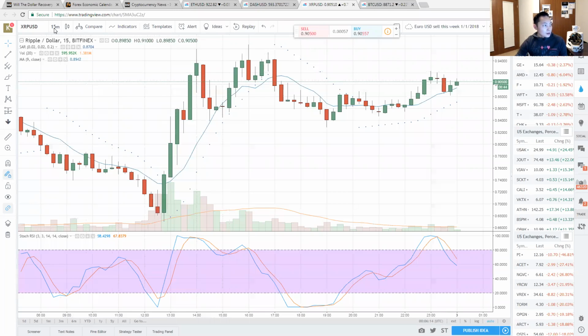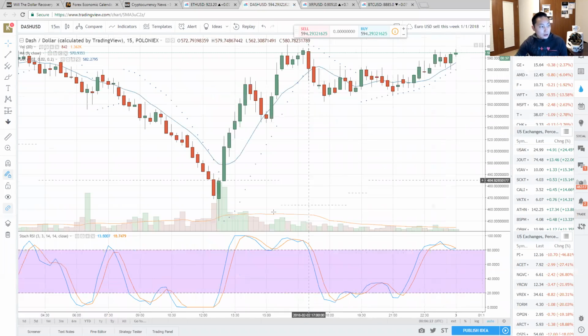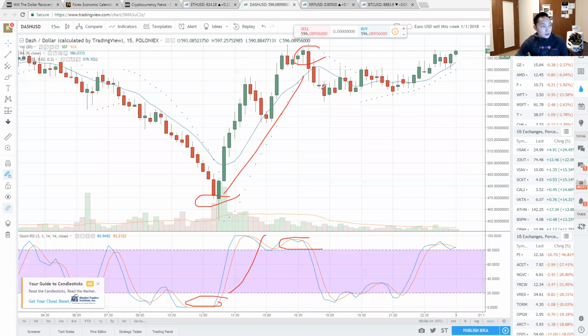Okay, so let's jump into Dash here. Dash is doing the same thing. Let's jump into the 15-minute chart. Same setup. Okay, everything I'm showing is the same setup. If you were to scalp Dash, just like how you were to scalp Bitcoin and XRP, bam, right here, oversold, come up, you sell it here, okay, went down,